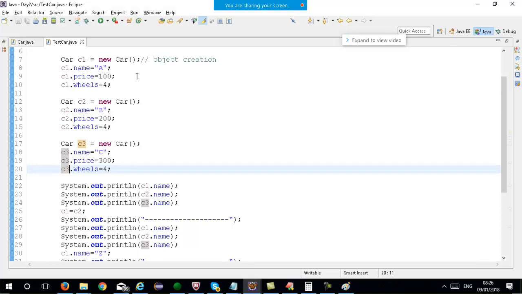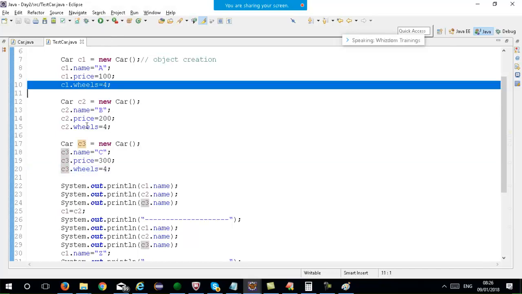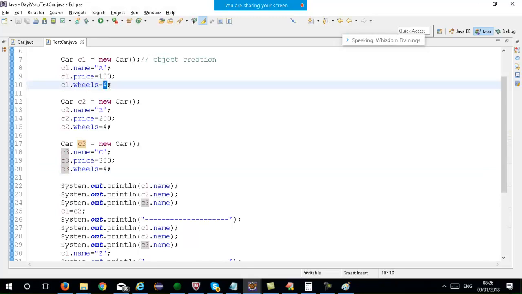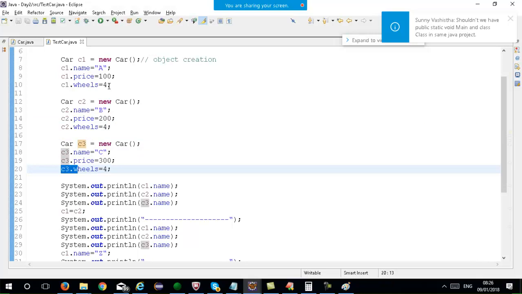Out here, there is no point having this variable for every car when every car is ought to have 4 wheels. We already know that this value will be 4 for every car. So it doesn't make sense that you simply